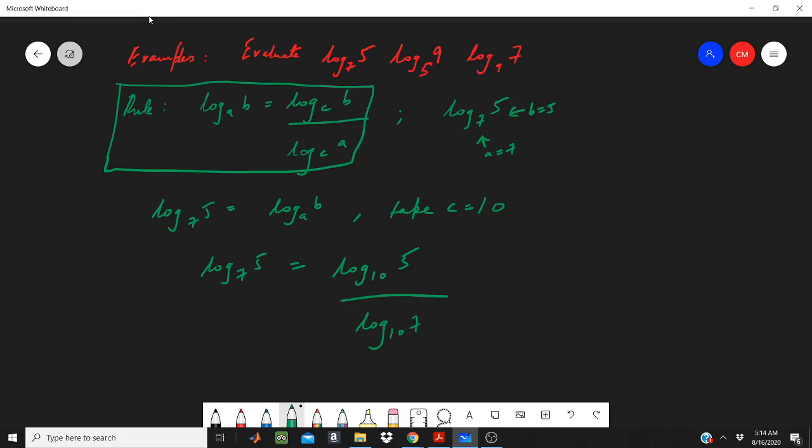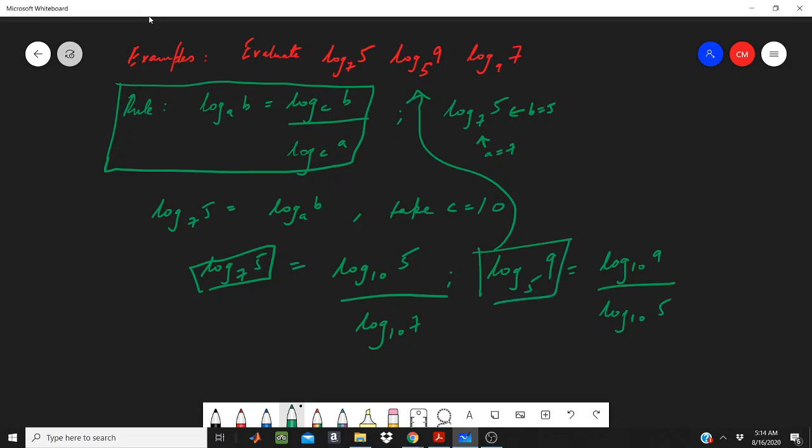Okay, so we'll take 7 in each case now. That was for log 7 of 5. Now we can do another for log 5 of 9. This is this term right here. We can take C again as 10 and write this as log 10 of 9 over log 10 of 5. Then